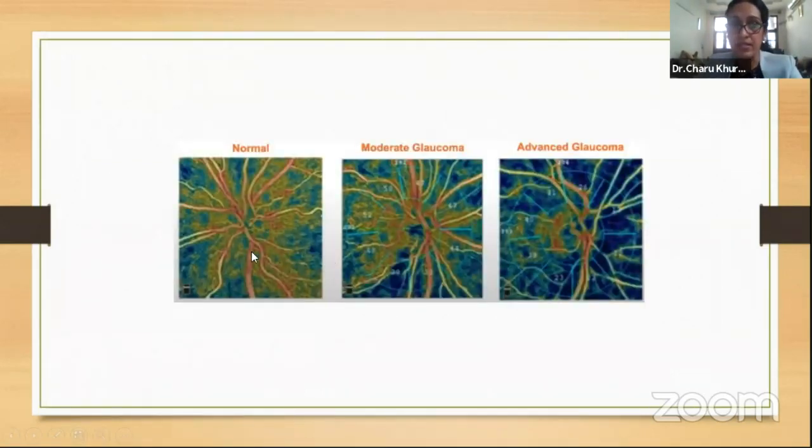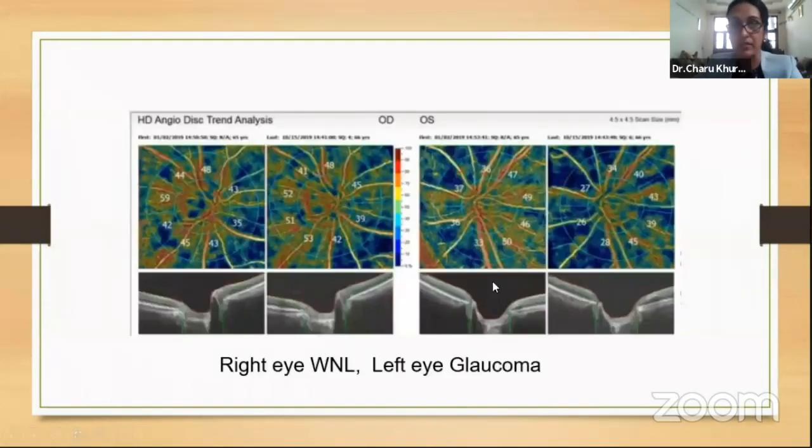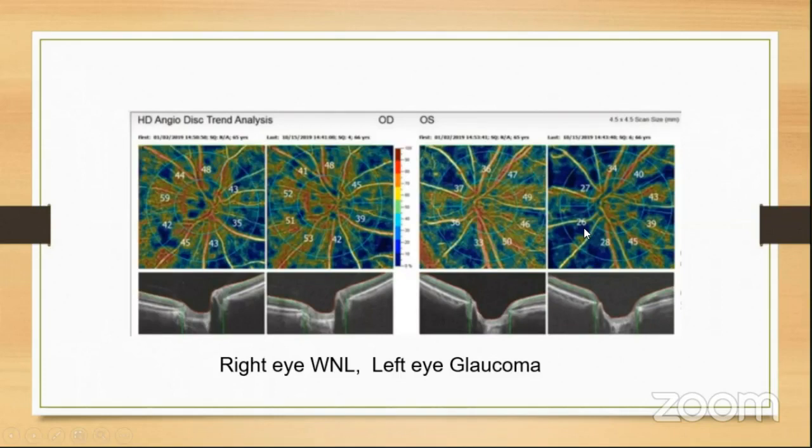Some examples here. So this is a normal peripapillary OCT angiography. And you see in moderate glaucoma, we're seeing areas of loss and microvascular dropout. And this is for the macular area. You can see that in subsequent scans, these darker areas are increasing. Also, you can use it to compare the two eyes. So this patient had a normal right eye and an eye which had early glaucoma, but when we repeated the scan after 1 year, the areas of microvascular dropout were even more.